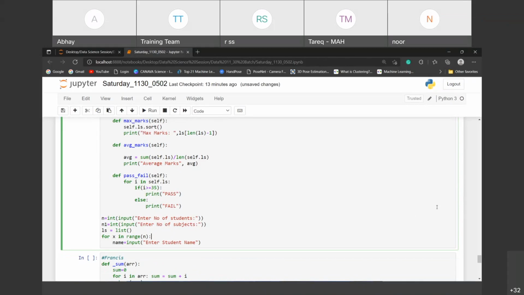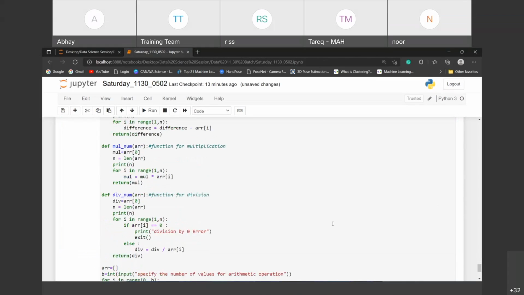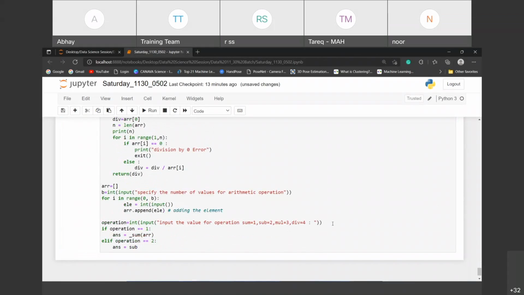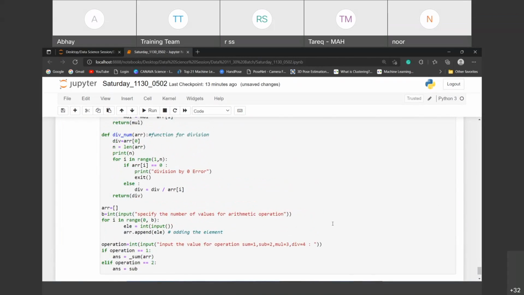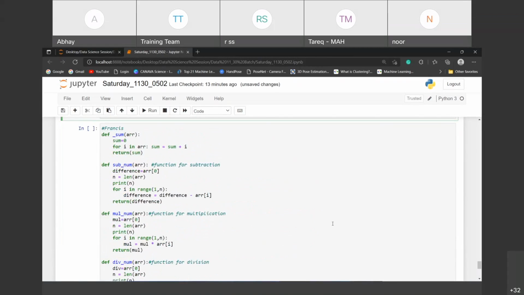It's working, yeah, it seems correct. Functions are setting correctly, not an issue. Yeah, you have done a good job here because you haven't used the class directly.